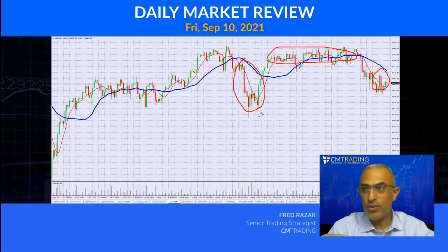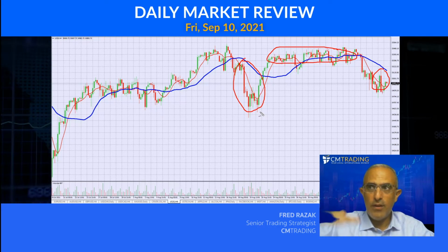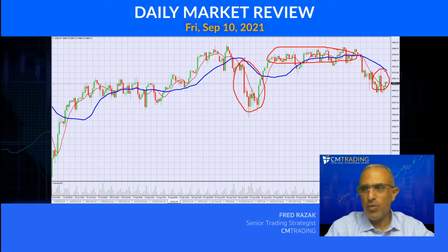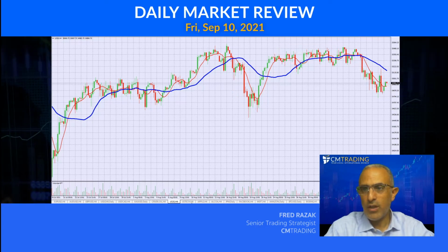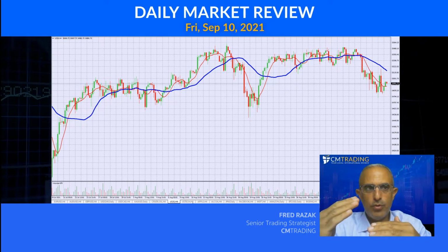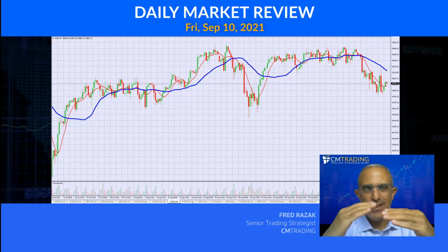Does it look like it's going to start selling off? Does it look like we're going to have a bloodbath? And then we kind of come right back to where we were before. So this is really very, very important as we've been watching this, and this is continuously unfolding in the markets. There's got to be a correlation between the index and the stocks, and right now you're not seeing that